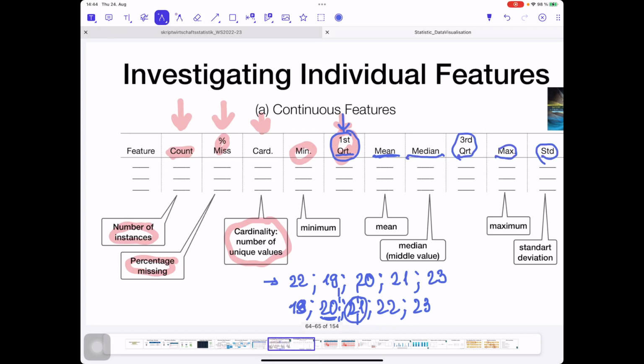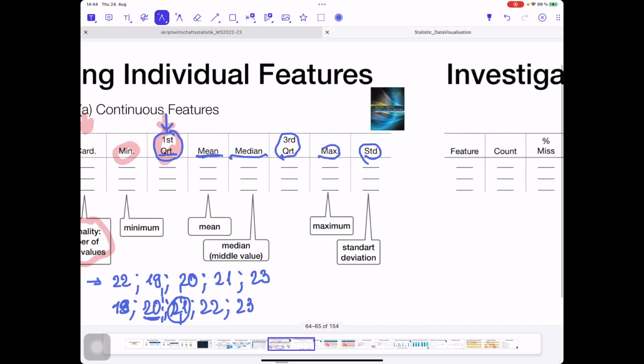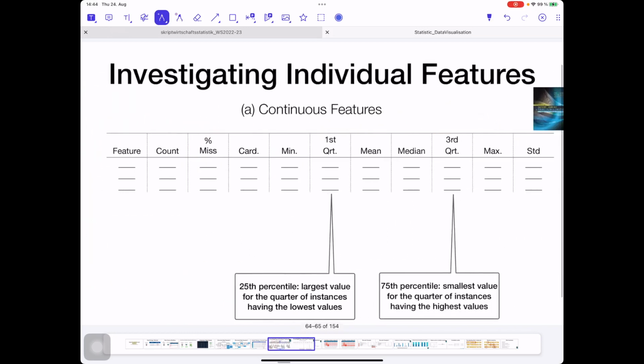Some of these terms we will refer to again when we look at a visualization tool such as the box plot, and we will consider these terms in detail. So here is again the description of what I mean by the 25th percentile and 75th percentile.